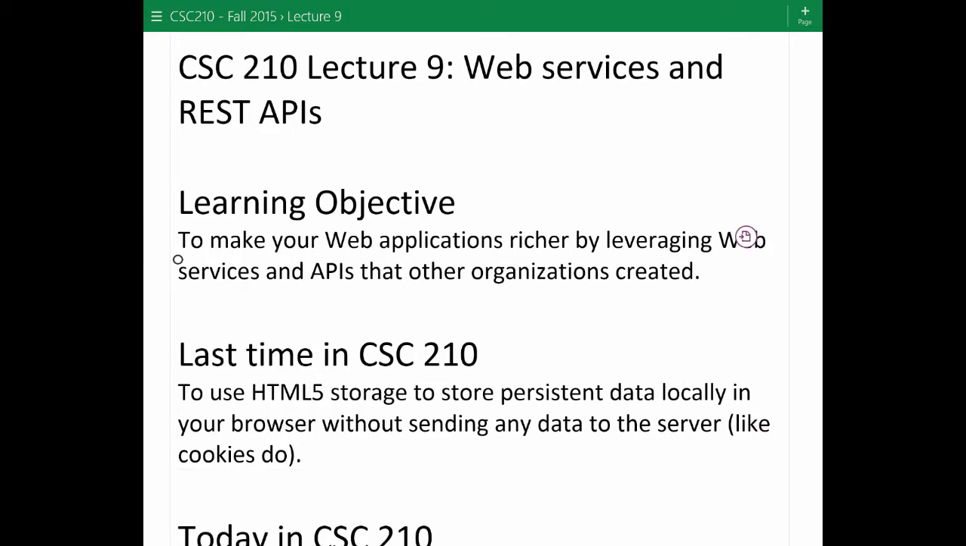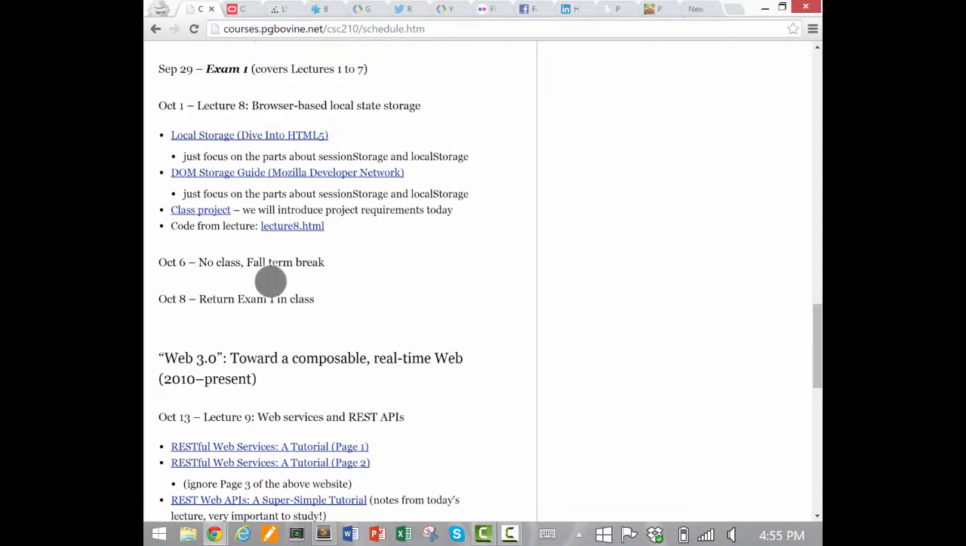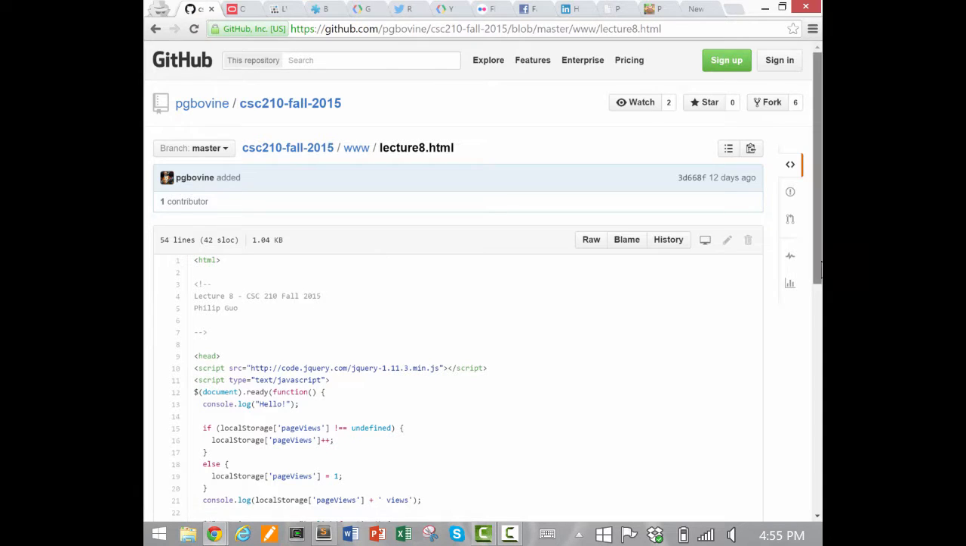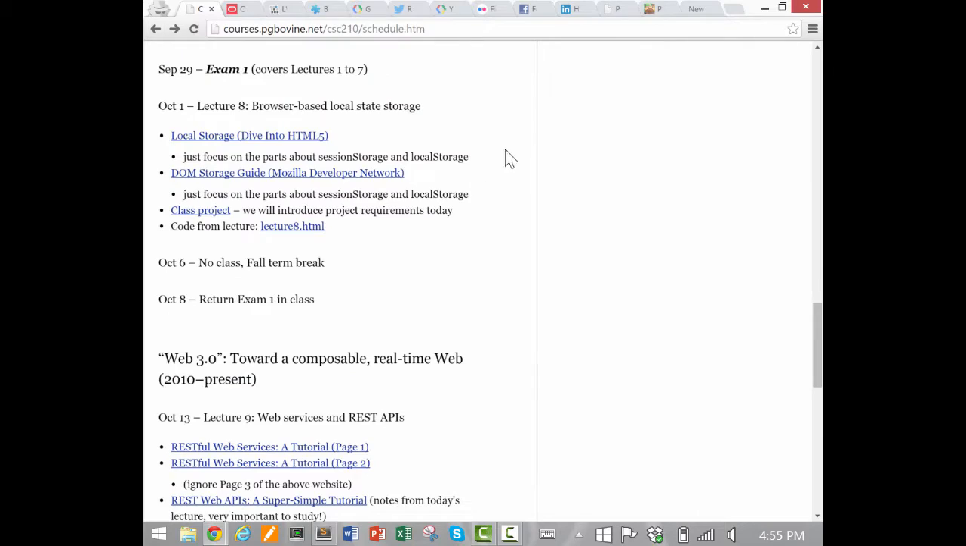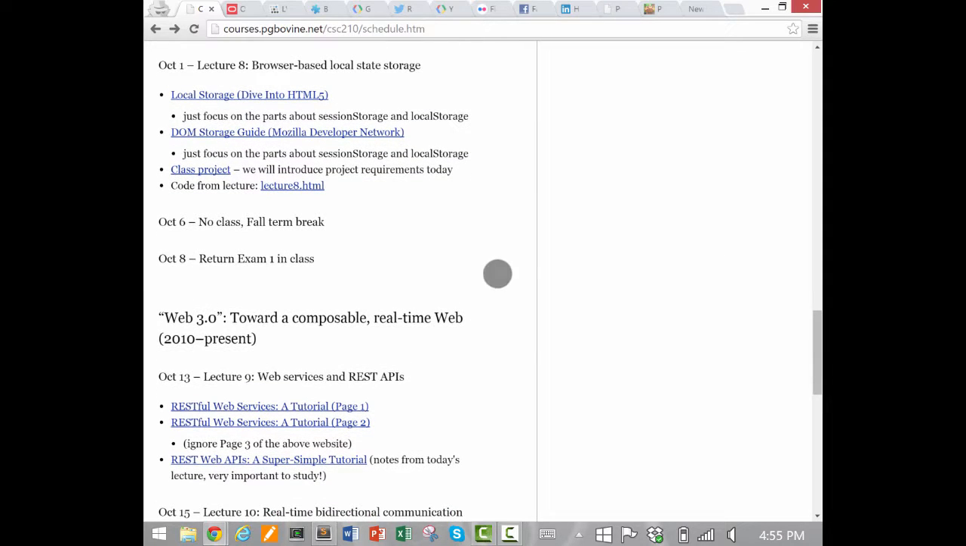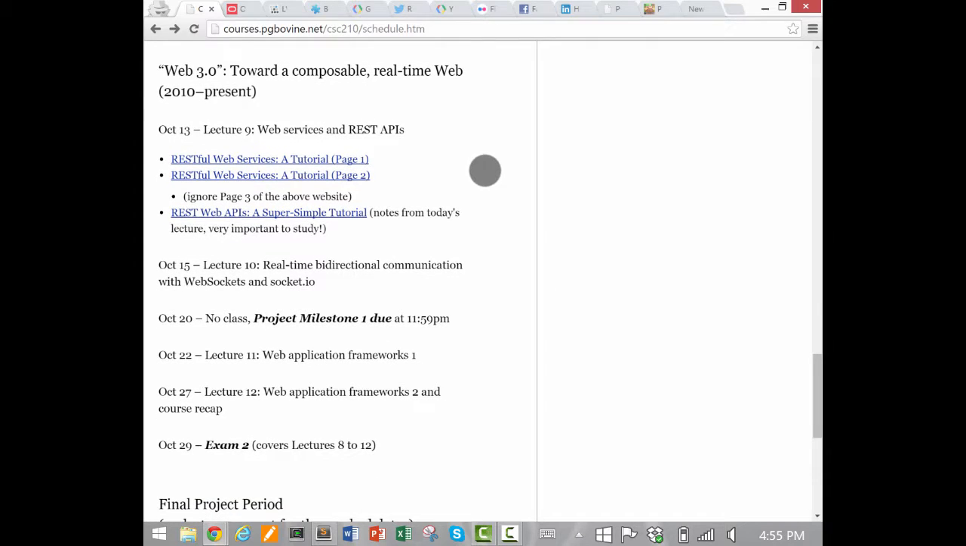There is a code example online that you should all, beyond just these readings, study for exam 2. You'll be responsible for understanding this code example for exam 2, because this is right after exam 1, so this is lecture 8. And then we're going to have this Web 3.0 area,